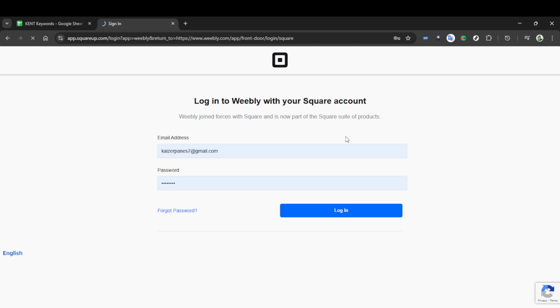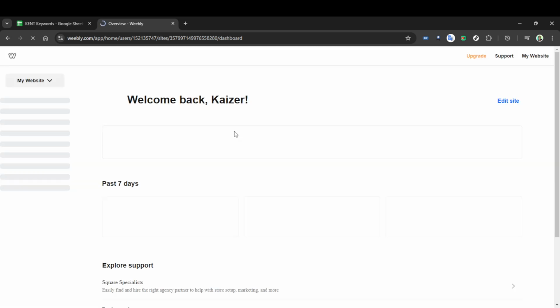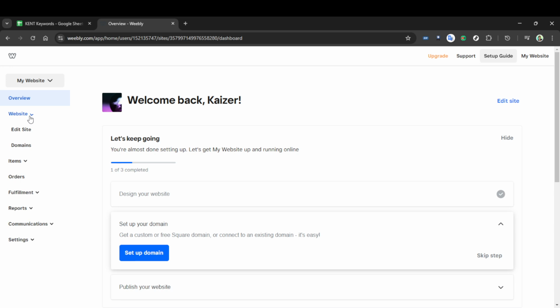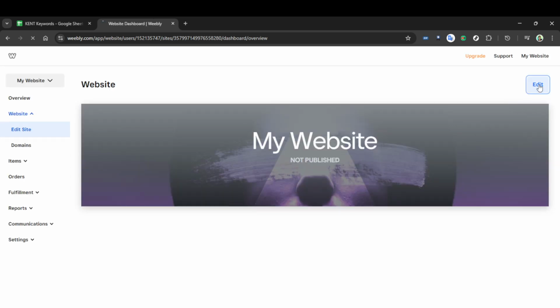Once you're logged in, you'll land on your dashboard where you will see an option labeled Edit Site. Click on this option as it takes you directly into the editing mode of Weebly, where all the creative magic happens. Being in editing mode opens the door to various functionalities, including adding different elements to your site. At this point, you want to click on the Edit option. This ensures that you are fully immersed in the editor interface, allowing you to explore various site building tools and